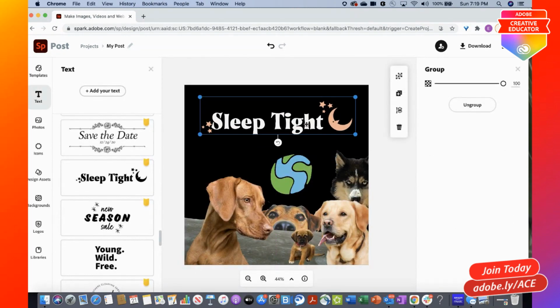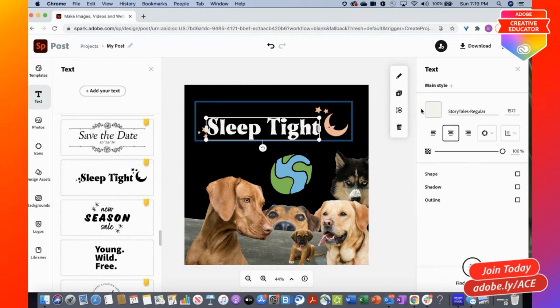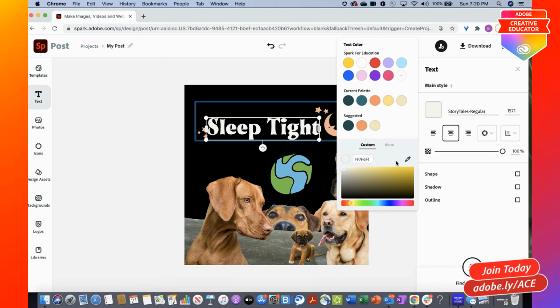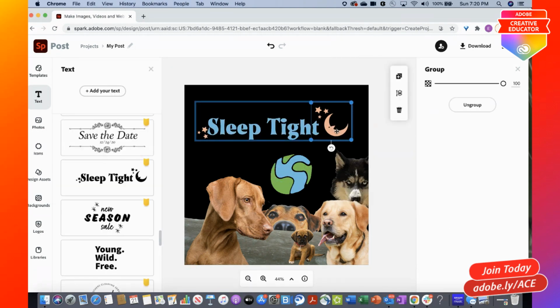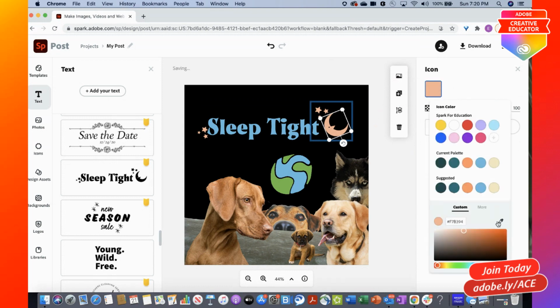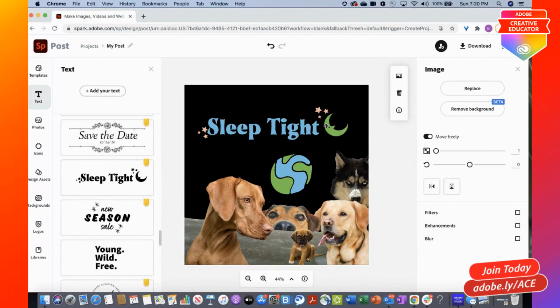And it actually looks really cool, right? It looks like an ad. I mean, students can really pull these together really nicely as well. And I can change the color if I wanted. I can choose a color that I use, and I could do the same from this side, right? So I choose the color here. Okay, so you can really play around, and there's a lot that's possible with Spark Post that